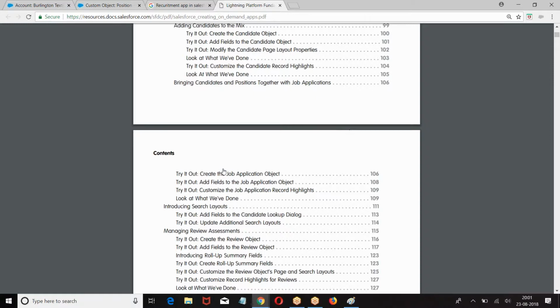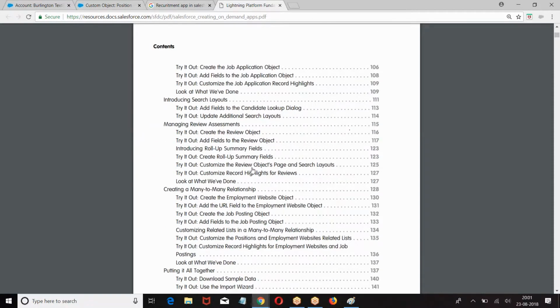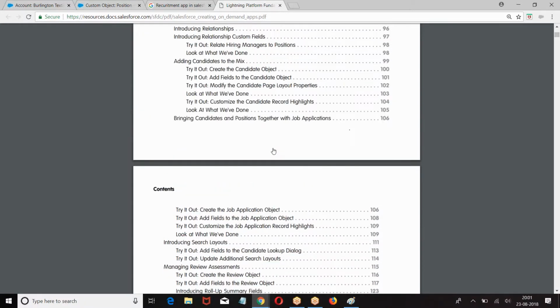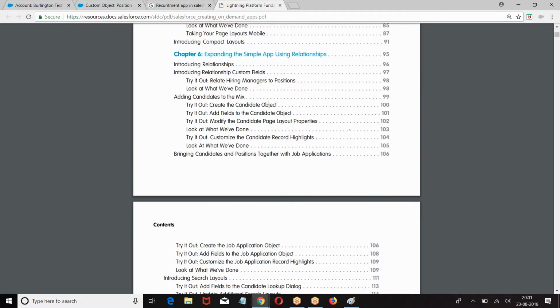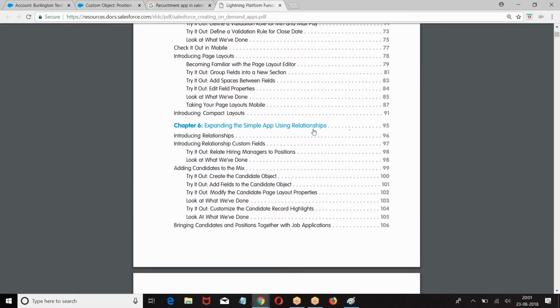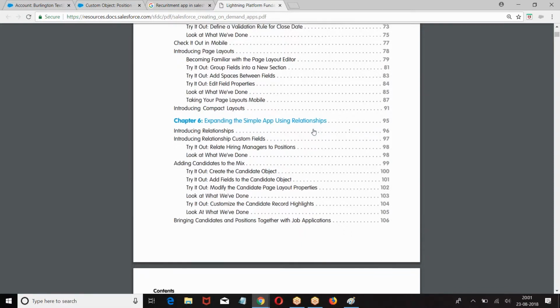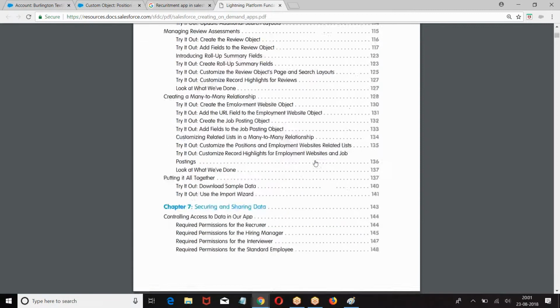I want you to download this PDF and go through the step-by-step procedure and implement it. You should have a habit of reading the documentation. Am I clear? Am I audible now? Yes, sir. So go through the documentation step by step, read the documentation, understand the requirements, and create it. The purpose of implementing this is to understand reading of documents, gathering the requirement, and implementing it. You should have the patience to go through it.